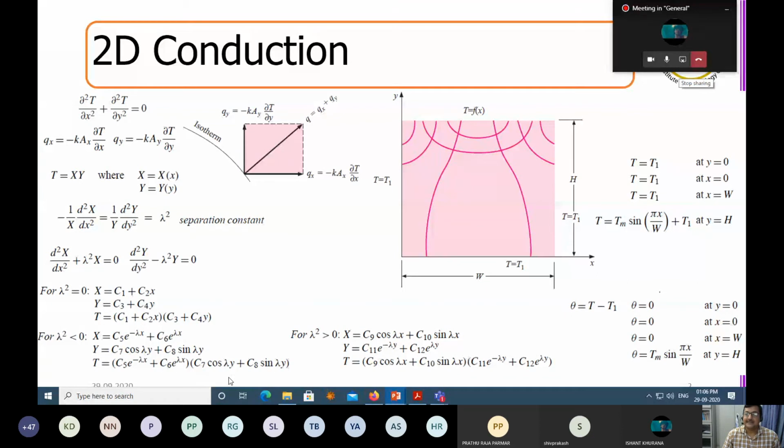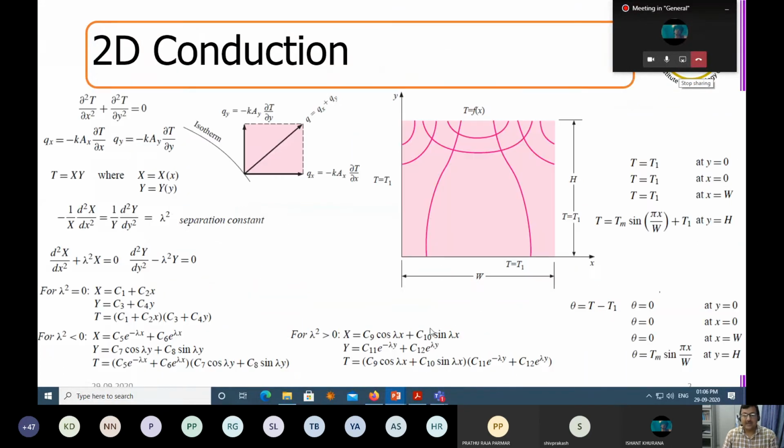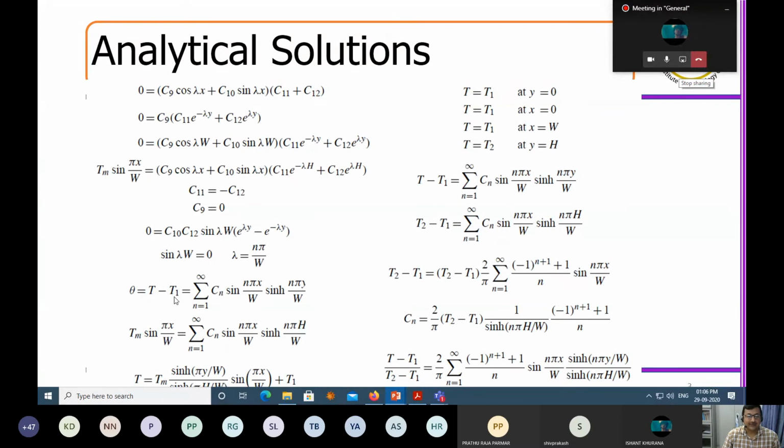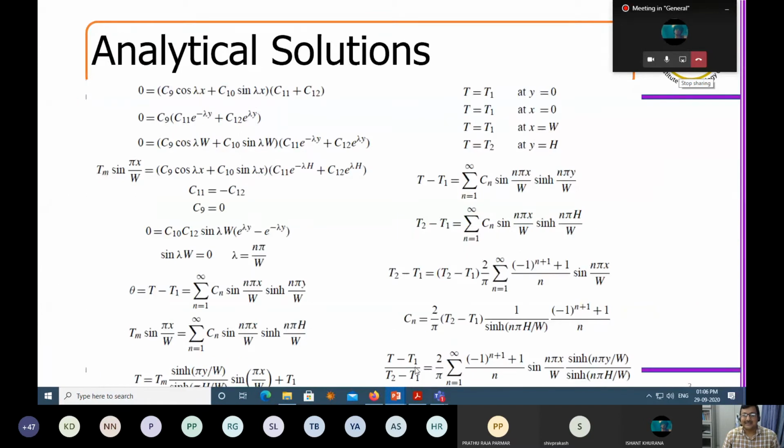Now, if I look at this solution, you will identify that this solution and this solution will not be able to address this boundary condition, whereas this one will be able to address it. If I plug in lambda square greater than 0 with this boundary condition, enforcing all the boundary conditions, as I have given the steps here, you will end up getting a solution like this. If I plot it in MATLAB or Mathematica, I'll end up getting plots like this, which is a solution of this, right?